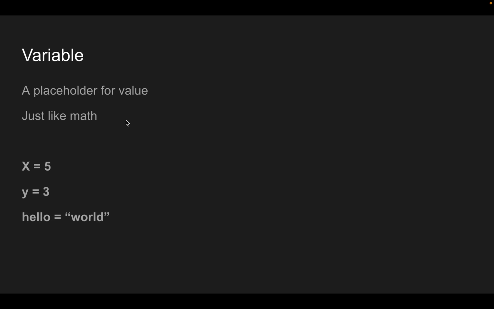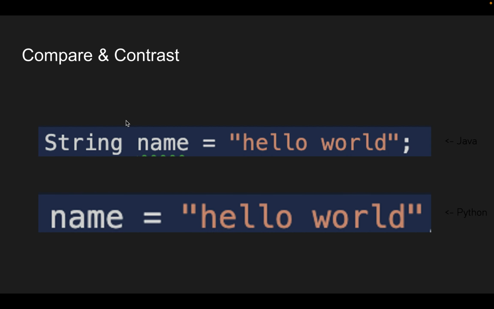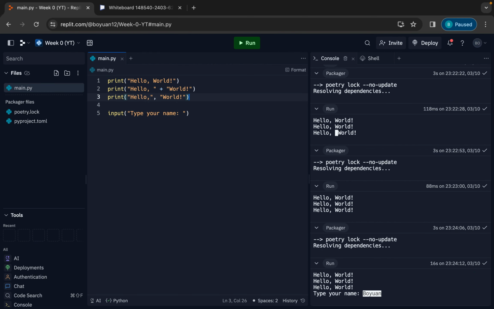So let's go ahead and just create a variable for our input statement. In here, I can just say name equals, right? Name is a variable, and then input is a value. Sorry, I don't know what's going on here. Okay, so